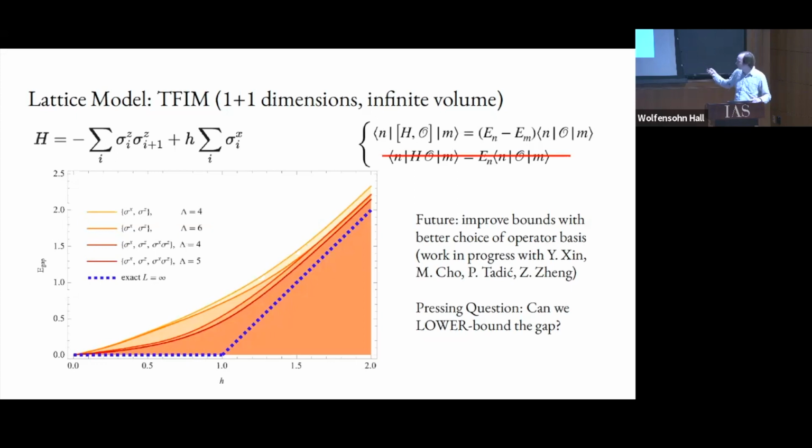Here, one thing I can comment about on the scaling is that we've taken this basis of local spin operators and then generated descendants by acting with the Hamiltonian and translation. And this is in some way the worst naive basis that you could choose for this problem. It gives you pretty bad scaling. And the thing that we're working on right now is to use maybe a basis of other kinds of states that will give us better performance.